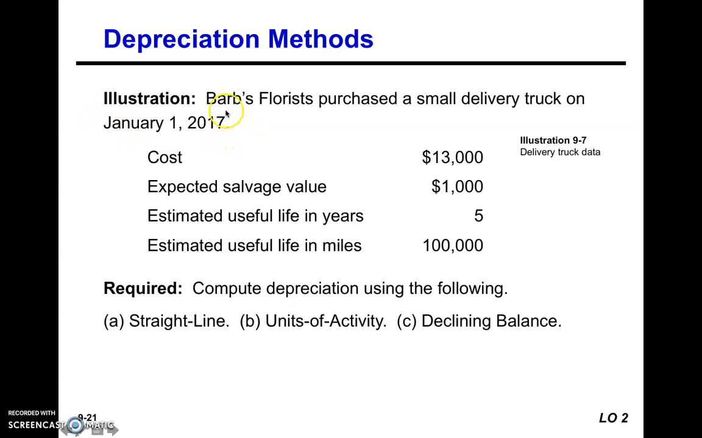By the way, these dates that they purchase is very important when we calculate depreciation. Now, the cost of the asset is $13,000. We have an estimated salvage value of $1,000 and useful life of 5 years. Now, the useful life in miles, do not worry about it because that's used when we use a different method of depreciation. So you're going to only use the first 3 items to calculate the straight line depreciation for this